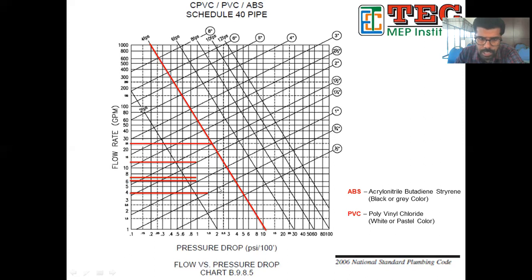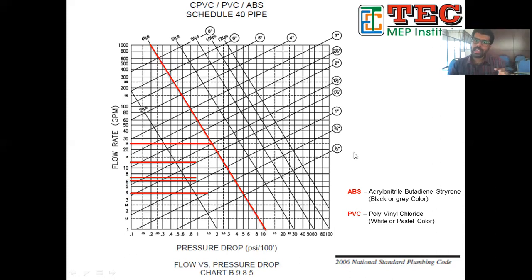It's just coming and touching on 3/4 inch, right? You're getting what I'm saying? So the pipe size will be 3/4. See, this is the pipe size. So this 4.5 is coming and touching somewhere here on the 3/4 line, correct? Or it will be coming between half and 3/4. So the pipe size will be 3/4.